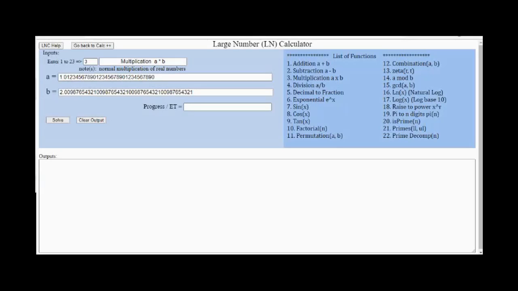Here is a multiplication example of 2 large numbers a and b. Note a 3 is entered in the function number box as shown on the screen. The number 3 represents multiplication as shown in the list of functions box, and some large numbers in the a equal and b equal input boxes. Note that a and b in this example are not large in value, but they both contain a lot of digits. Now hit the Solve button